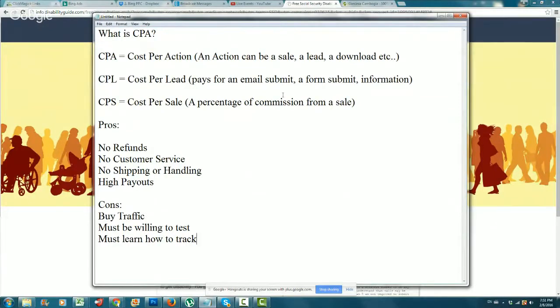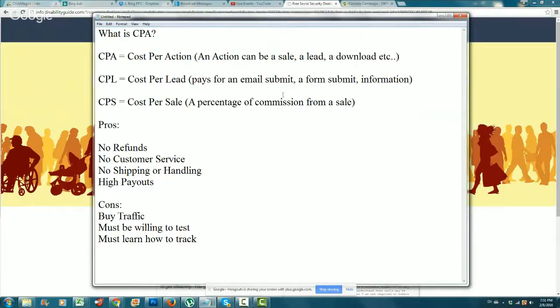At the end of that, you're going to receive some sort of payment. So I'm going to show you some examples of exactly what CPA is. It's going to make very much sense, especially if you're new. If you're already advanced, you already know this. CPL is cost per lead. And a CPL, this is the interesting part, a CPL cannot be a CPA, but a CPA can be a